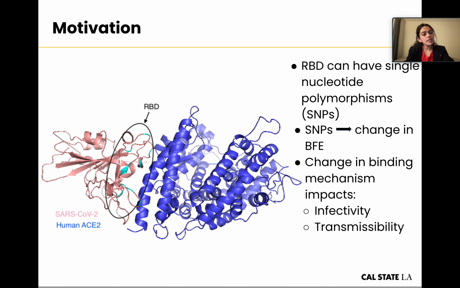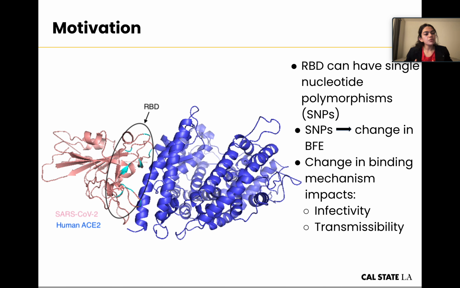What I mean by this is that some SNPs may change the BFE such that the virus becomes more infectious and causes more severe disease. We saw that with the Delta variant compared to previous variants. SNPs might also cause the BFE to change such that there is an increase in the transmissibility of the virus, which is something we've been seeing recently with the Omicron variant and the subvariant BA2. SNPs in the RBD have been a really important factor in causing the breakthrough infections that we've been hearing about for the past year of the pandemic.